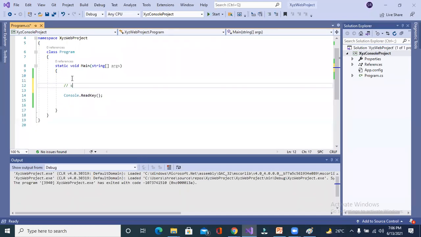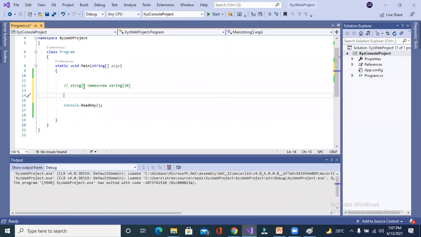So I am going to give you 5 minutes. What you have to do, you have to create an array of string type and store the names of students. You have to decide the length, like if you want to store 10, 12, whatever, you define it, store the values in the string array and try to print any one value. Did you get my point? Yes, sir. We'll try. Try and send me that code as well so that I will check if you are having any problem. I will solve your problem.